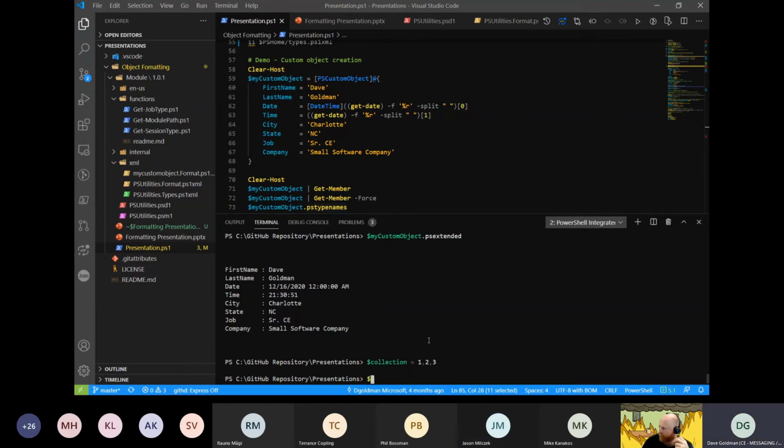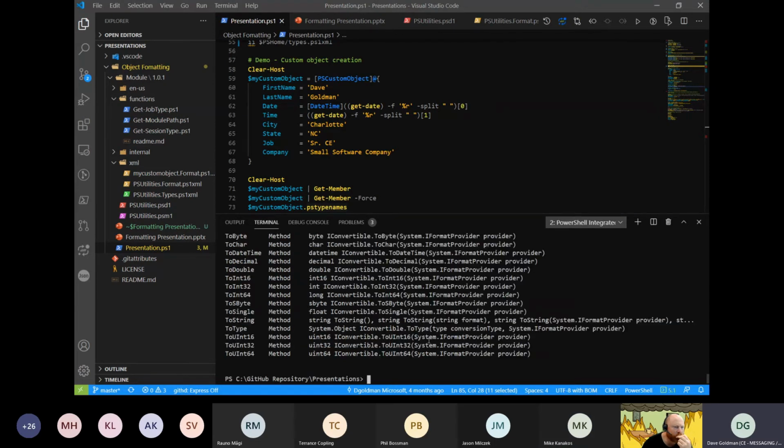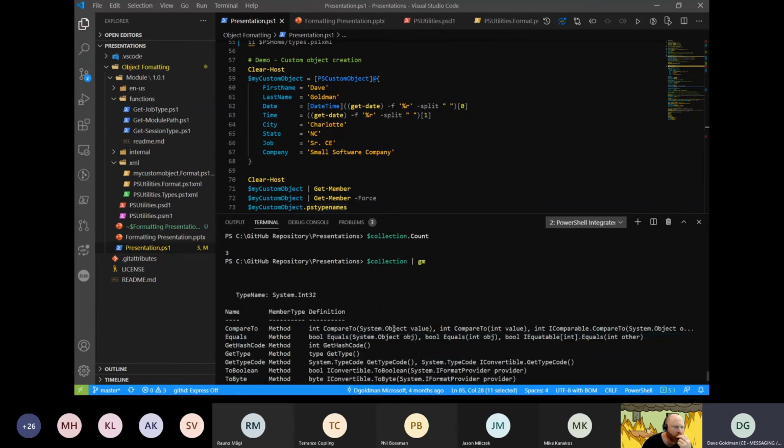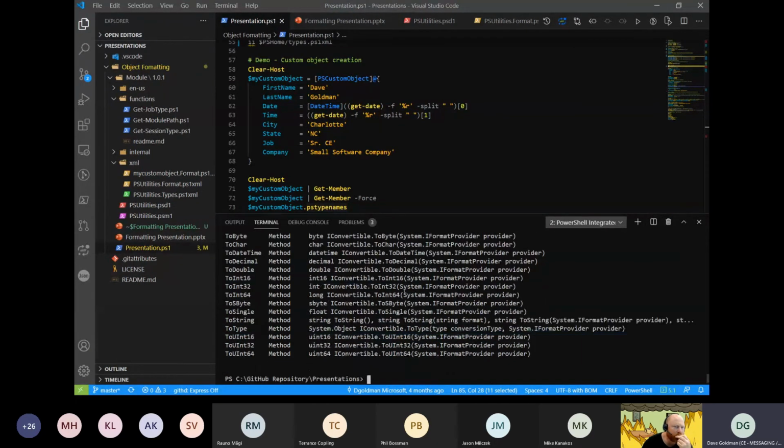and this has 3 elements in it, see that there's 3. If I run Get-Member on this, by default, Get-Member is going to show me that it's a System.Int32.